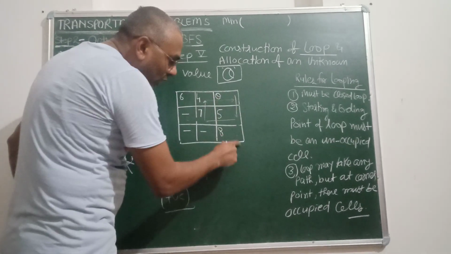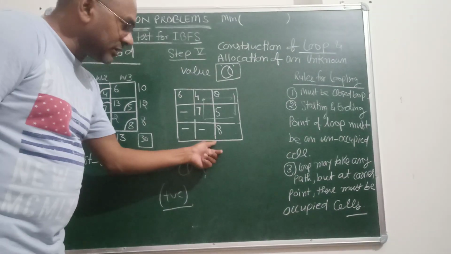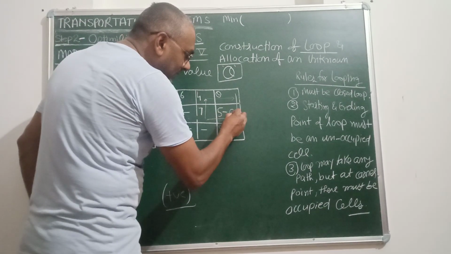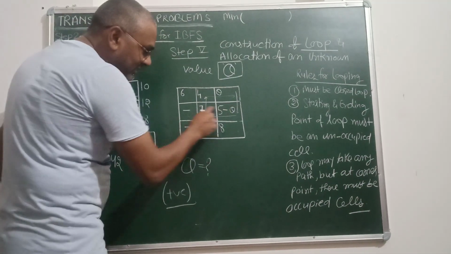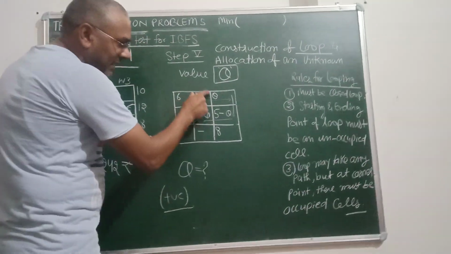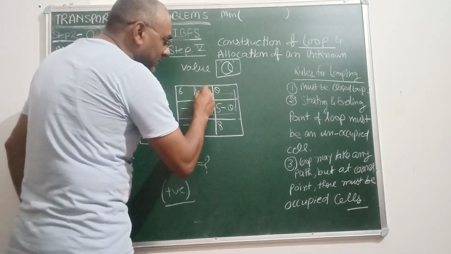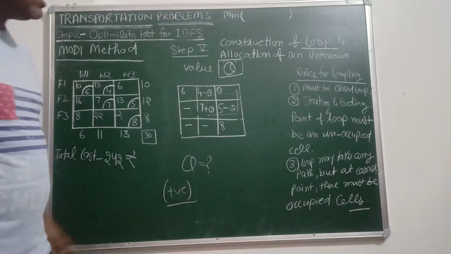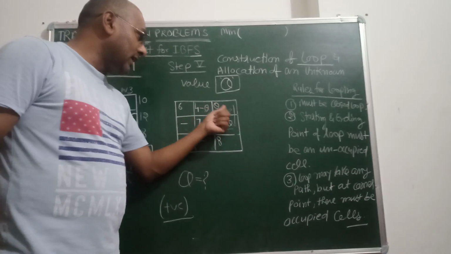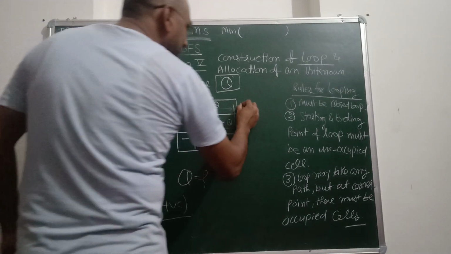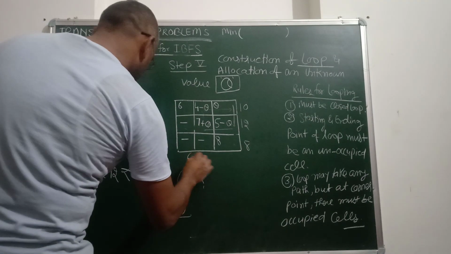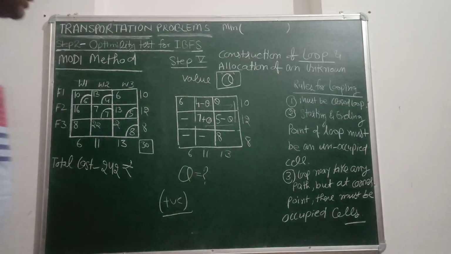Now you also have to check the balancing of the transportation problem. If you add a allocation here, it must be subtracted from here to maintain the balance. Again, if it is subtracted from this row, it has to be added here. Again, if something is added to this column, then it must be subtracted from another cell of the loop. Now all three conditions have been fulfilled and we have assigned a value of theta to these four cells. You will see that the balance has been maintained and there is no change in the balancing of the transportation problem.